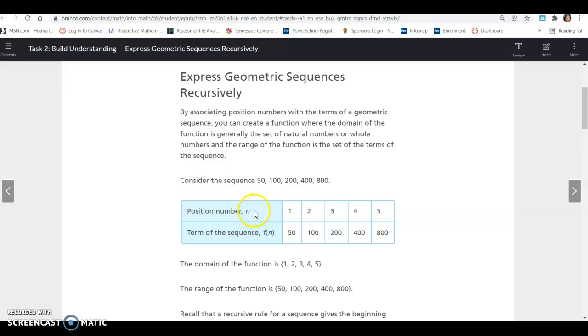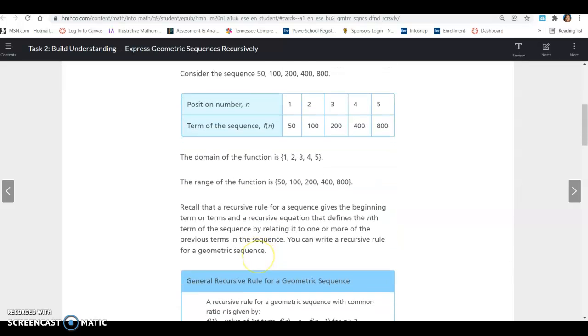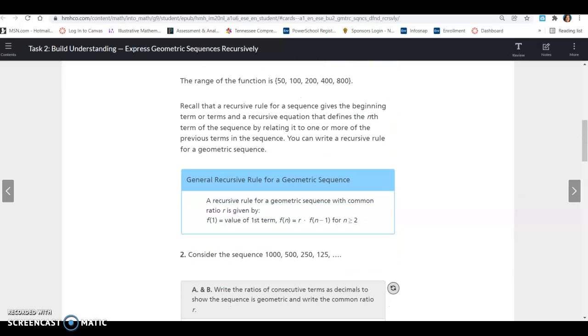So the position or the number is your domain, and then the sequence number would be your range. So this is like your x's and your y's. In this case, we're using n and f of n instead of x and y. Okay? All right, so it says recall that a recursive rule for a sequence gives the beginning term or terms